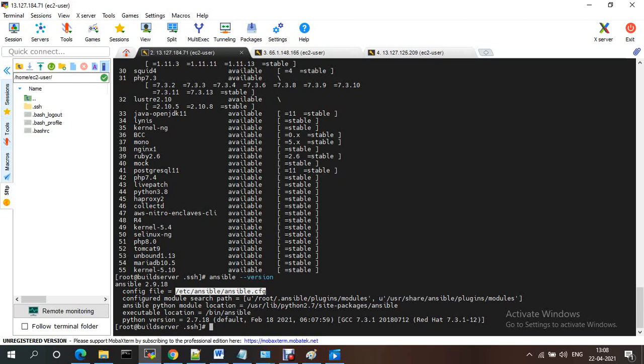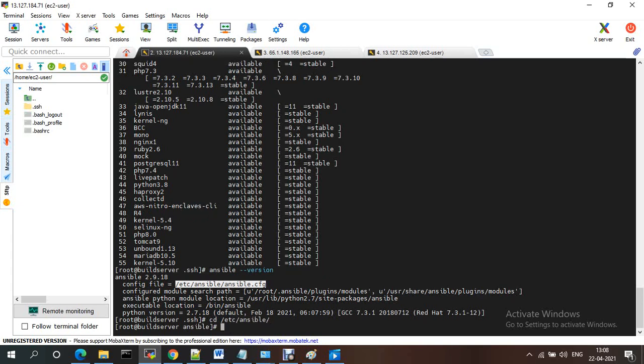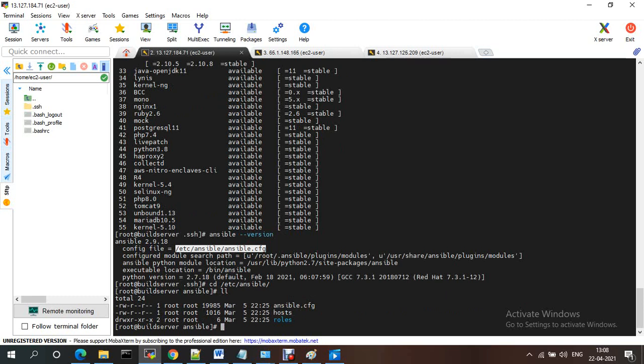This is the configuration file. Here the inventory, everything will be available. If we go to cd /etc/ansible, you will have host details like host names, the Ansible configuration and the roles. Everything should be available. If you want, you can add the host details directly here by default. Otherwise, if you don't add host details there, you just need to run from here. You can give your own inventory in your preferred location also, and run it from there.